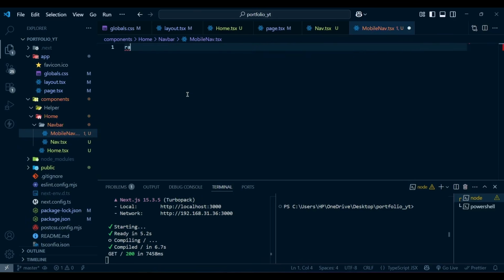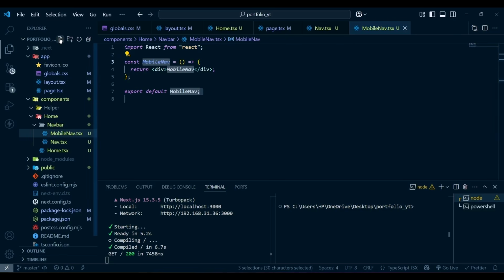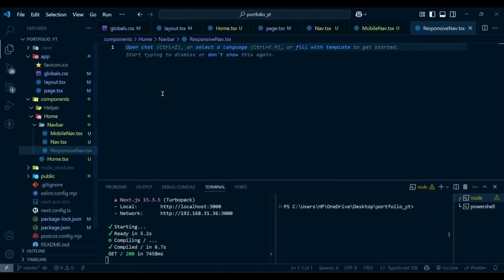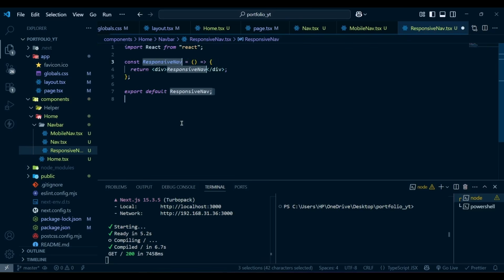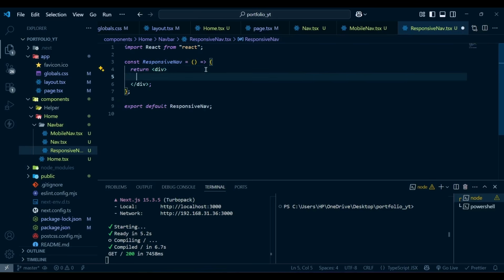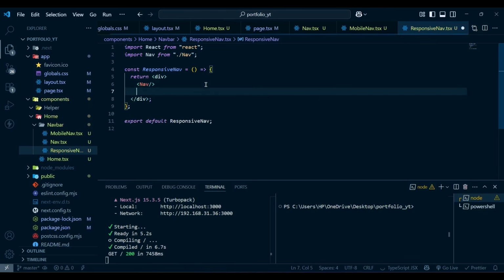So I'm going to use RFC to create the component boilerplate, and then I'm going to create another one which is responsive nav.tsx, and here we are going to create the functionality to make it responsive. So I'm going to use RFC to create the component boilerplate, and here I'm going to add our nav and mobile nav,